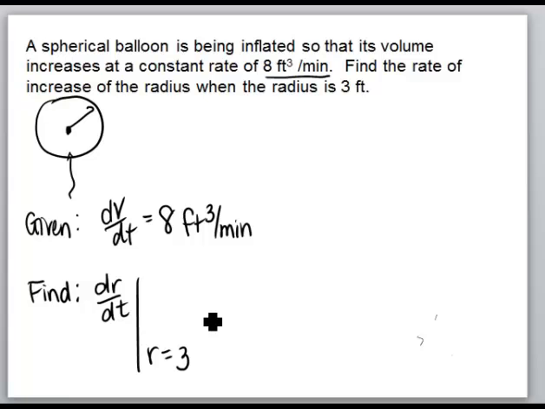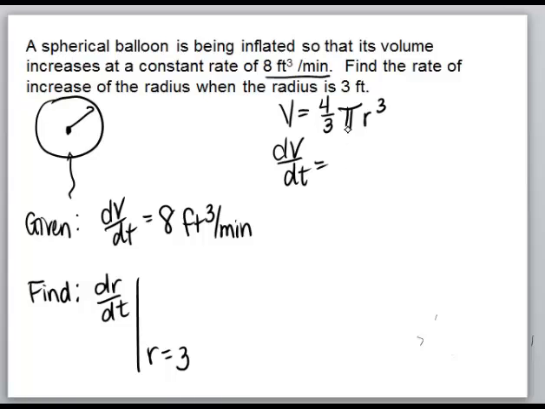Step 3 is to find the formula needed. Well, the formula for volume of a sphere is 4/3 pi r cubed. Yes, you need to know that. The fourth step is to differentiate this. We are differentiating this with respect to time. So we're going to have dV over dt is equal to 4 pi,